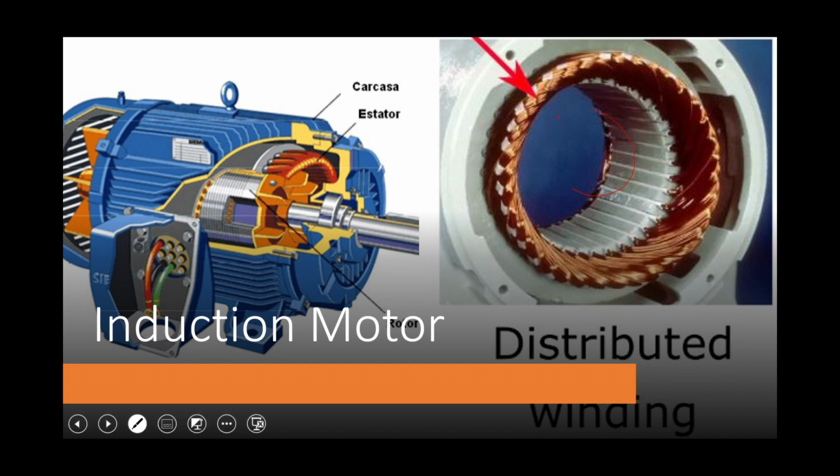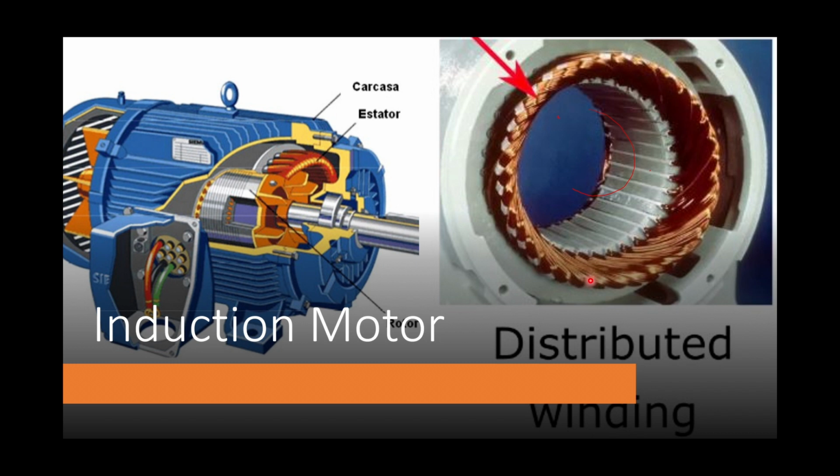Let me show you. This is the stator arrangement of the stator and the rotor. What you see, this outer part is the stator, and the inner part is the rotor, and this is where we connect our terminals, which feed supply to the stationary part of the machine, which produces the flux in the stator.